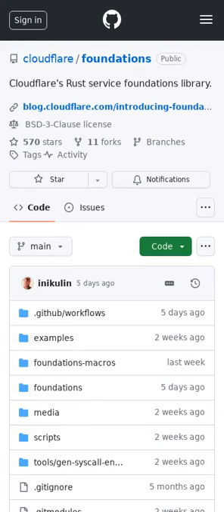Foundations is a modular Rust library designed to help scale programs for distributed production-grade systems. It features logging, distributed tracing, metrics, memory profiling, service configuration with documentation, and a CLI helper that takes care of configuration loading. Foundations enables engineers to concentrate on core business logic rather than the intricacies of production operation setups.